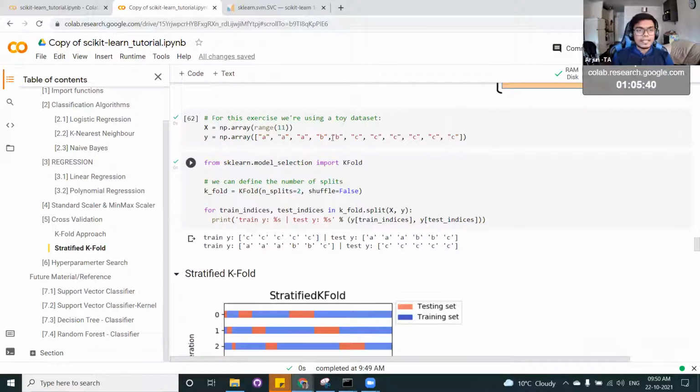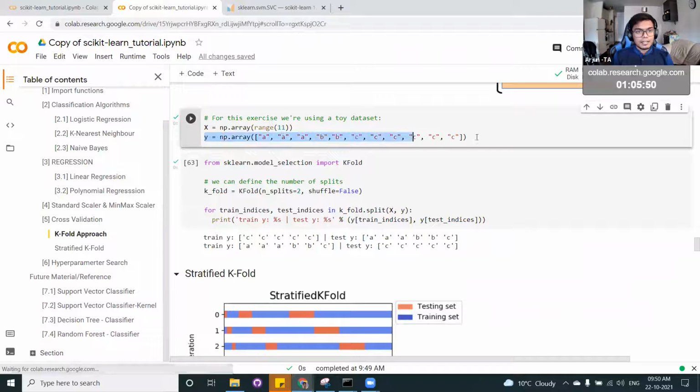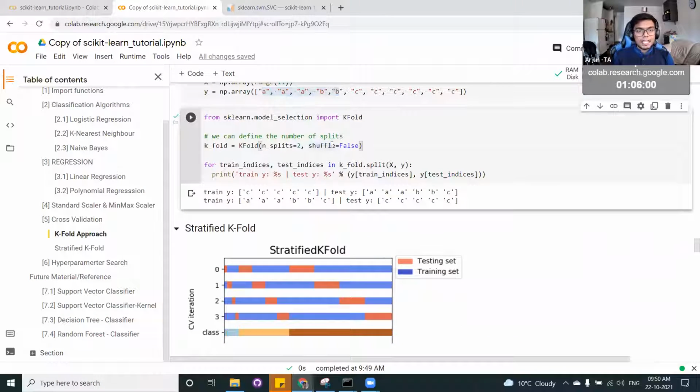I will repeat it again. So here, let's take A as dog, B as cat, and C as lion. When we are trying to split it randomly, what happens is sometimes in the training data you see just the lion, but in the test data you are seeing dogs and cats. So your model will not have any previous experience of seeing dogs and cats. So obviously the performance would be bad.